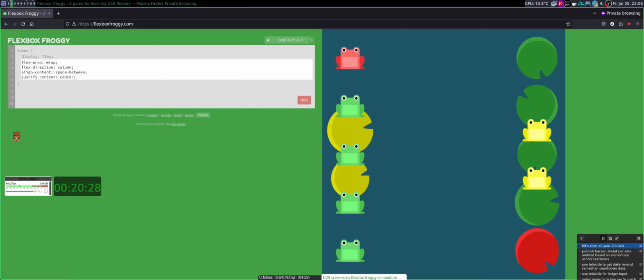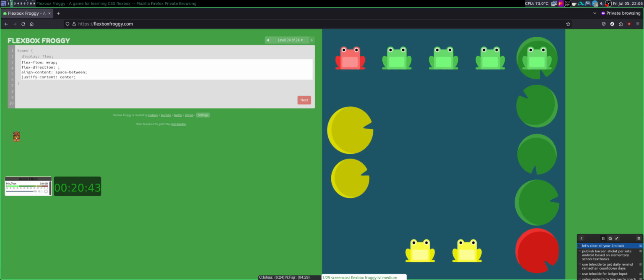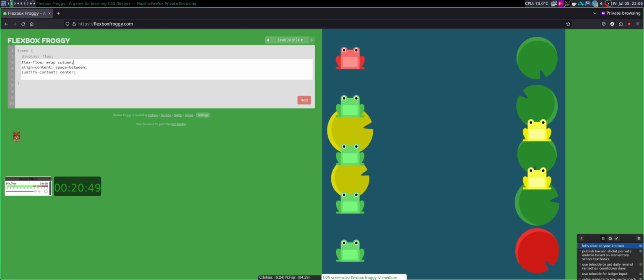Okay, I think I need to combine the flag wrap and flag direction into flag flow. So this is flag flow, and I'm going to use column, something like this. Okay, now I have one more line that I can use to swap it.